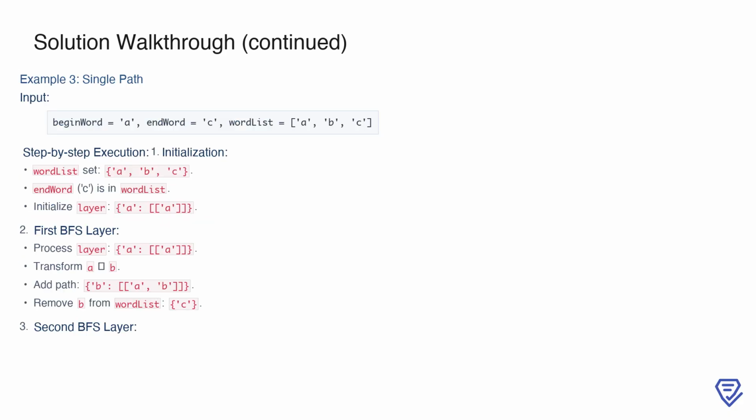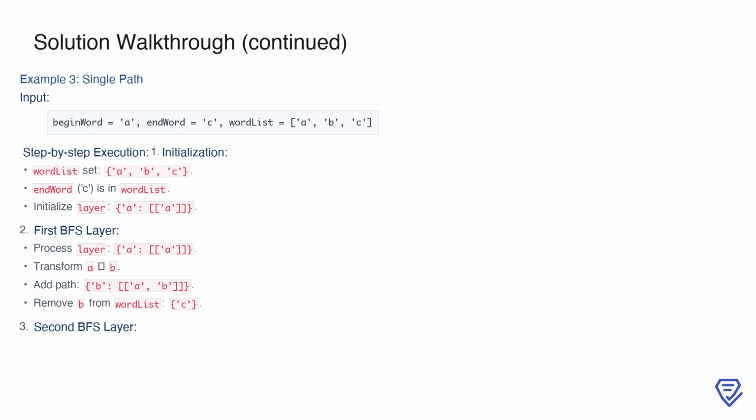In this next example, we consider a simpler case where only one possible path exists. The begin word is a, the end word is C, and the word list contains a, B, C. After converting the word list to a set, we have a, B, C. Since the end word, C, is present in the word list, we can proceed with the solution. We initialize layer where the starting word is the initial key, and its value is a list containing the